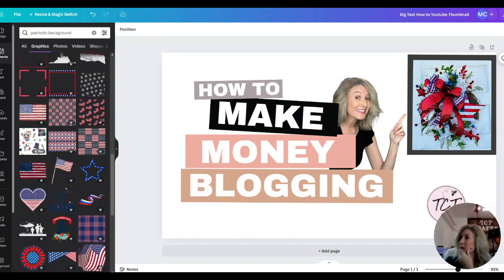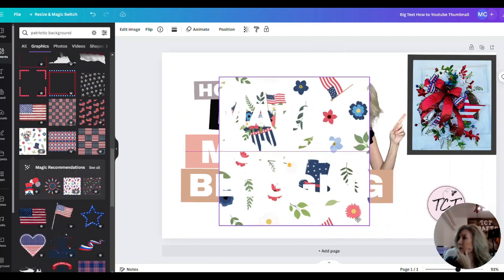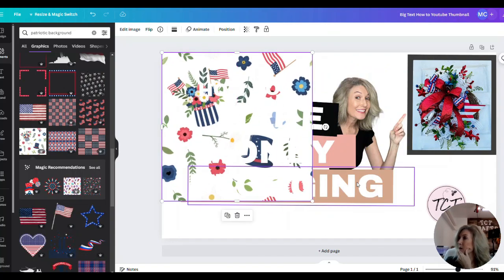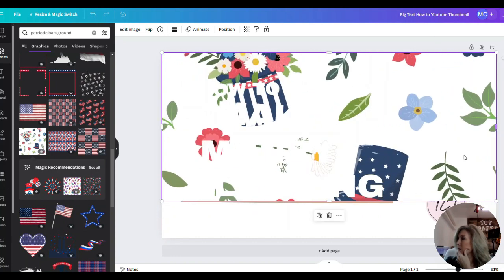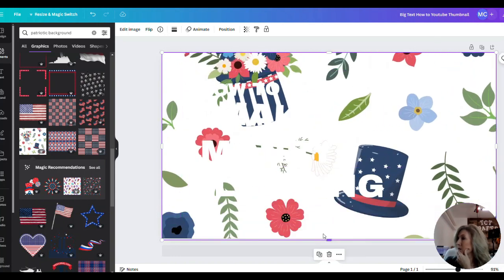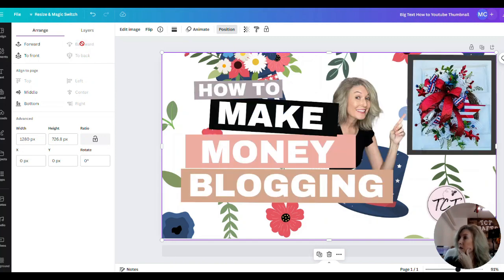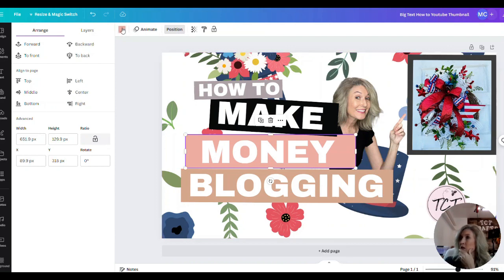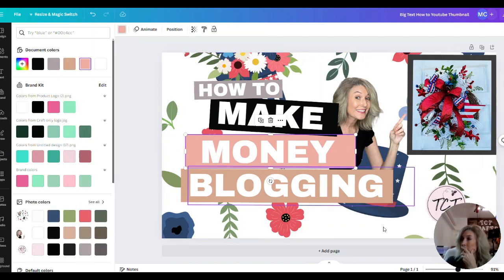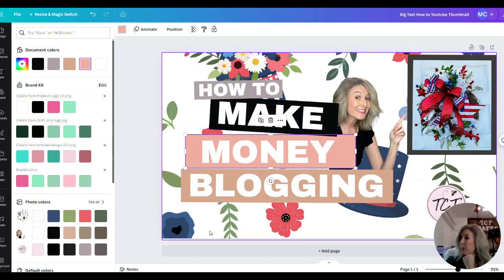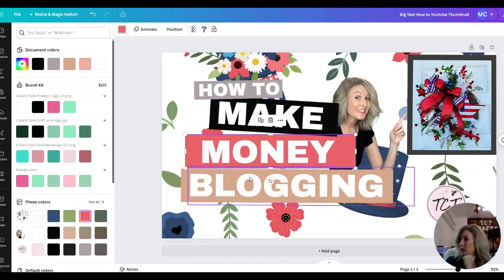Oh, this one, look. This one has some pink in it. Okay, now let's go change our colors. We can change it right here under photo colors. It's going to pull in colors from our photo here. So maybe we can change that one to that color,